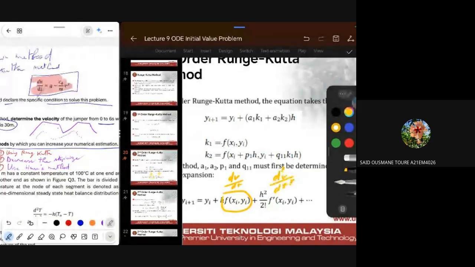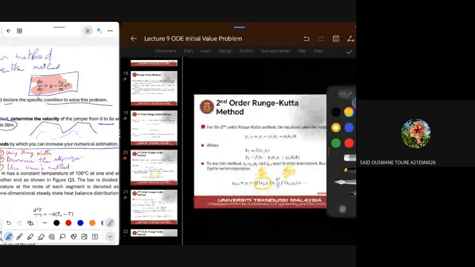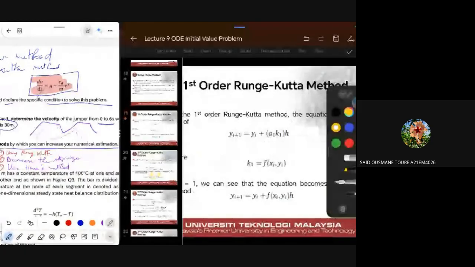Basically, that's the idea. Is it clear to everybody? So it's the same, once again, as the other one: y_{i+1} equals y_i plus f(x_i) times h. However, I have different values here, for example, for